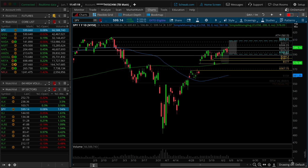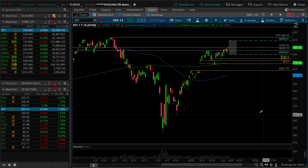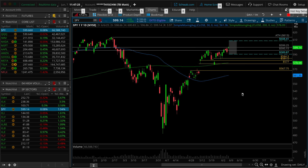As a matter of fact, I'm going to simplify our daily chart to look a little cleaner, a little easier on the eyes here, and what we know is that this is the weekly balance, right? That's what we just broke out of and closed above on that Friday session. So on the S&P daily time frame chart, there's really no reason to be overly concerned about strong downside unless the market were to fall back down underneath something like